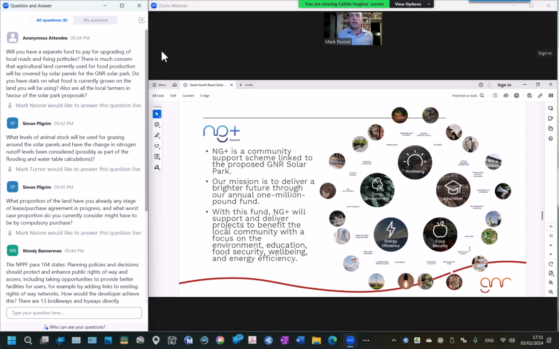We'll also be talking to the larger businesses about how we might improve with microgeneration schemes, so renewable energy or insulation or car charging and that kind of thing.